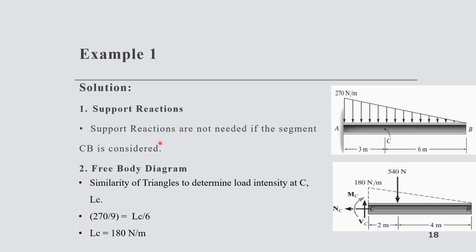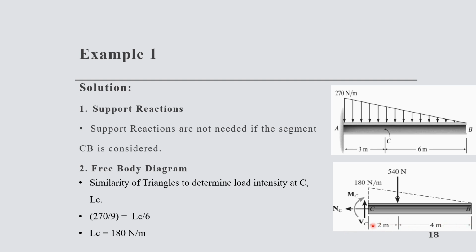First step is the determination of support reactions. However, we can see here that we need to section at this point C. If this segment CB is considered, we do not need the support reactions at the point A. Thus, a prudent choice of the segment can ensure minimum calculations. So we can skip the determination of support reactions and move towards the next step, that is the free body diagram. If we draw the free body diagram of this section CB,